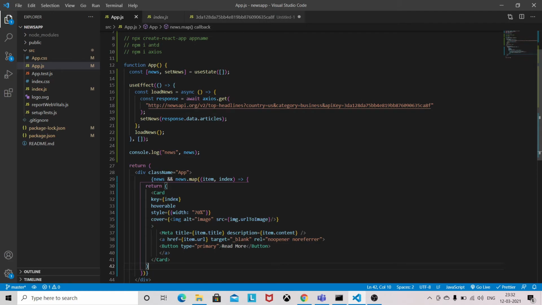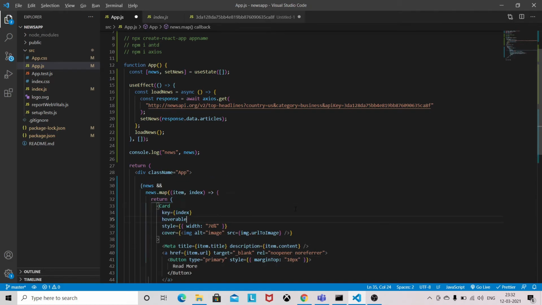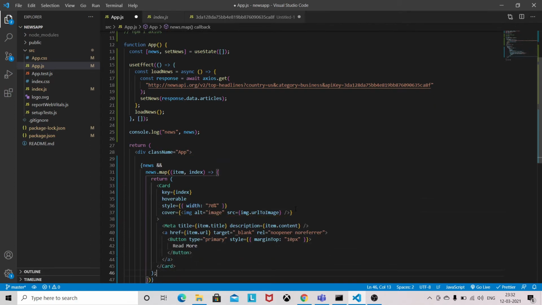And some style property we need to give on the button: margin top 10 pixels. Okay, let's see how it looks.